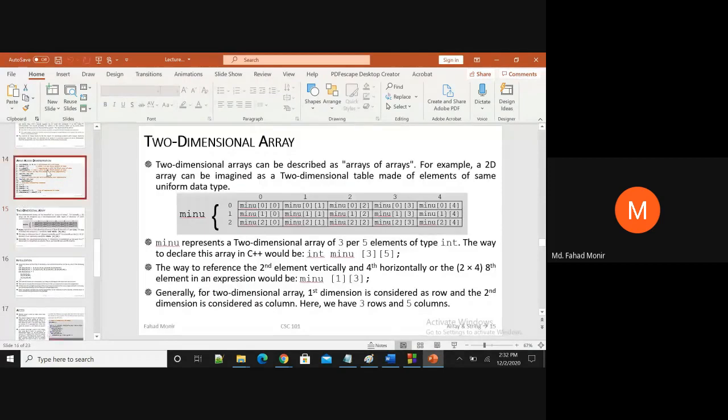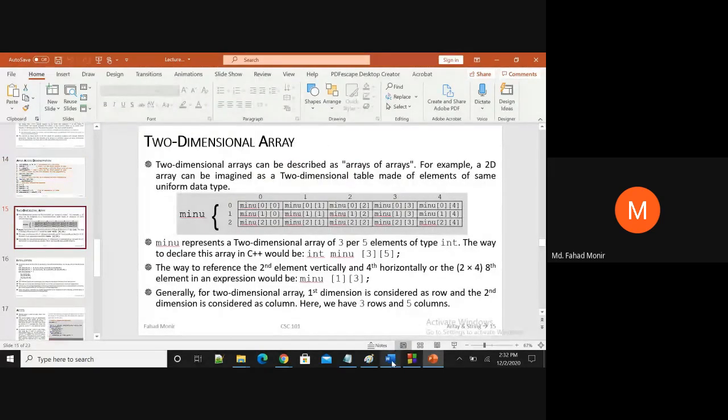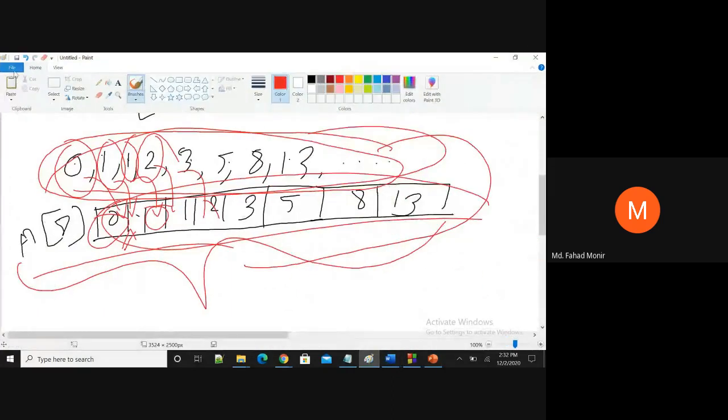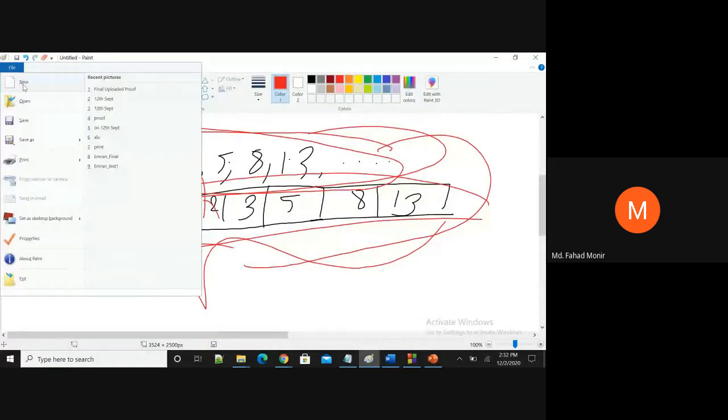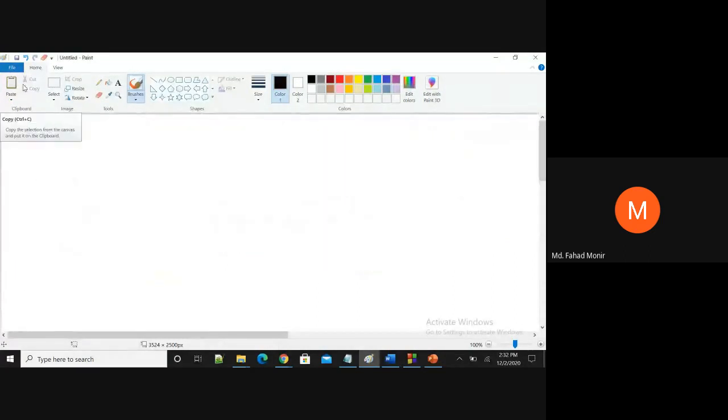So last time we were here, we will continue with the two-dimensional array concept. Before starting, I'm going to recall something we have done before. This kind of thing we have done before, right? What is it? Can anybody tell me? This is a